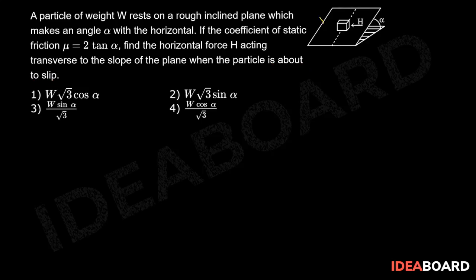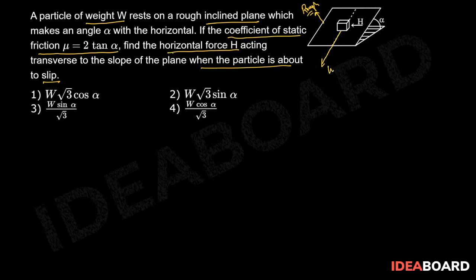According to the problem, this surface is rough and its coefficient of static friction is given as mu, 2 tan alpha. It says that a particle of weight W is resting on the rough inclined plane. We are asked to find the magnitude of the horizontal force H when the particle is about to slip. So if we draw a free body diagram for the block,